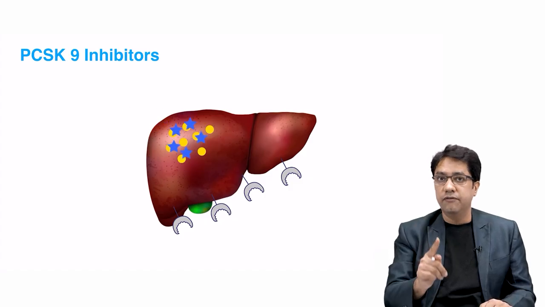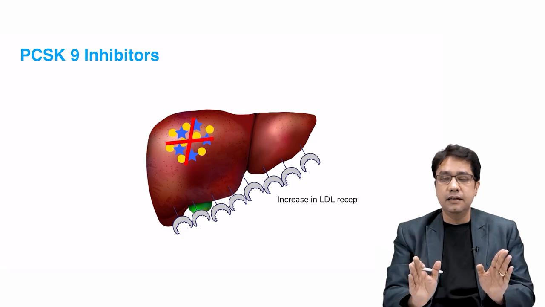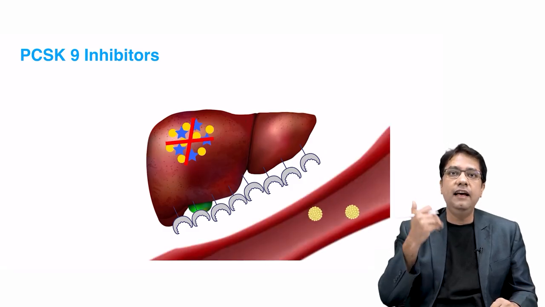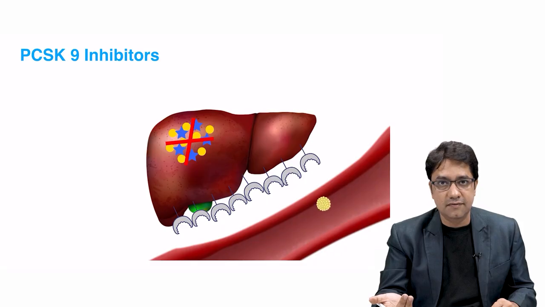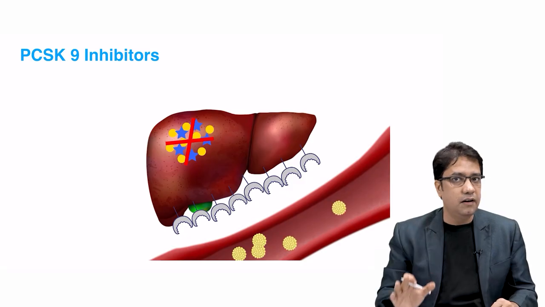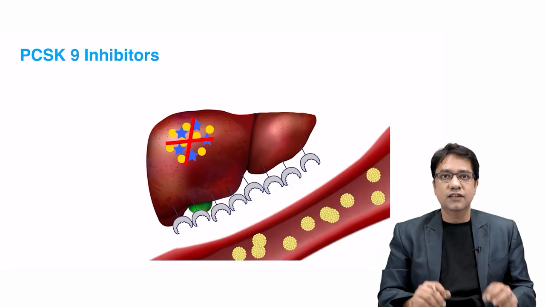So if you give PCSK9 inhibitors, LDL receptors will not get degraded, and on liver, LDL receptors will increase. And these LDL receptors will take LDL from the blood, which will reduce blood LDL levels. So hence,